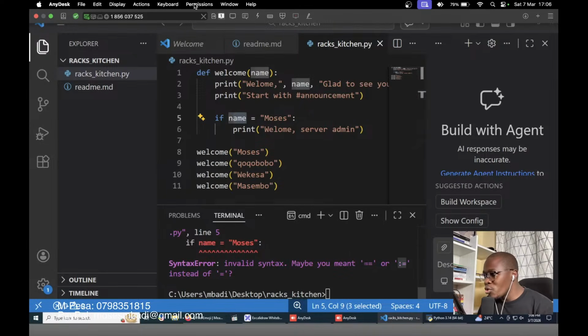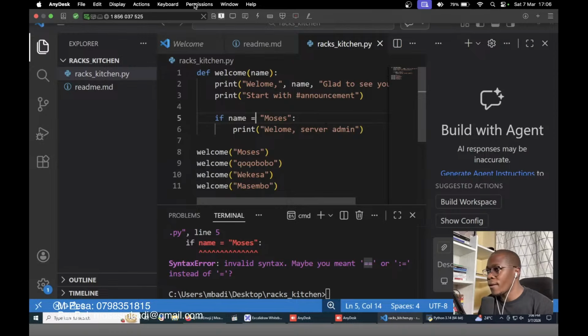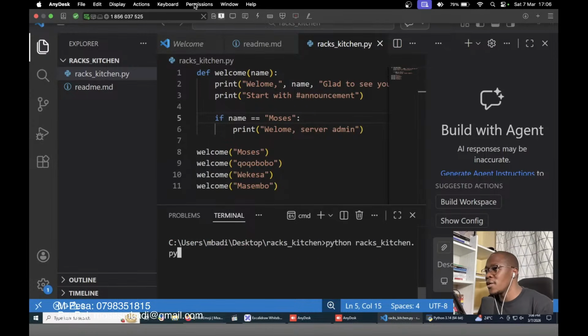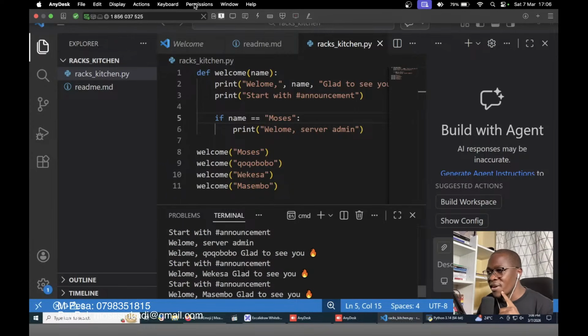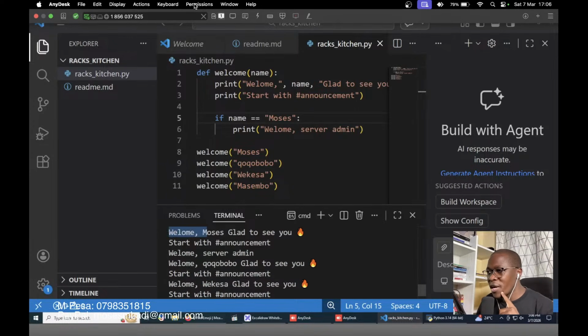So let's try to use whatever it is they've suggested here. Instead of that, we are going to say that. And then we run our code again, and let's see if it has said server admin. So here we are saying, welcome Moses, glad to see you. Start with announcement. Welcome server admin. Okay, it's not really what we wanted, but as you can see, we learned about if statements,